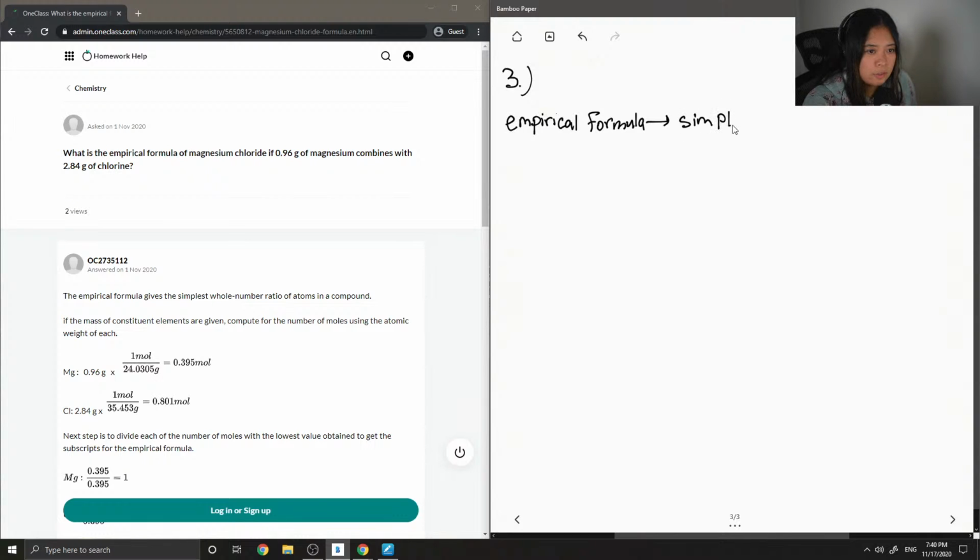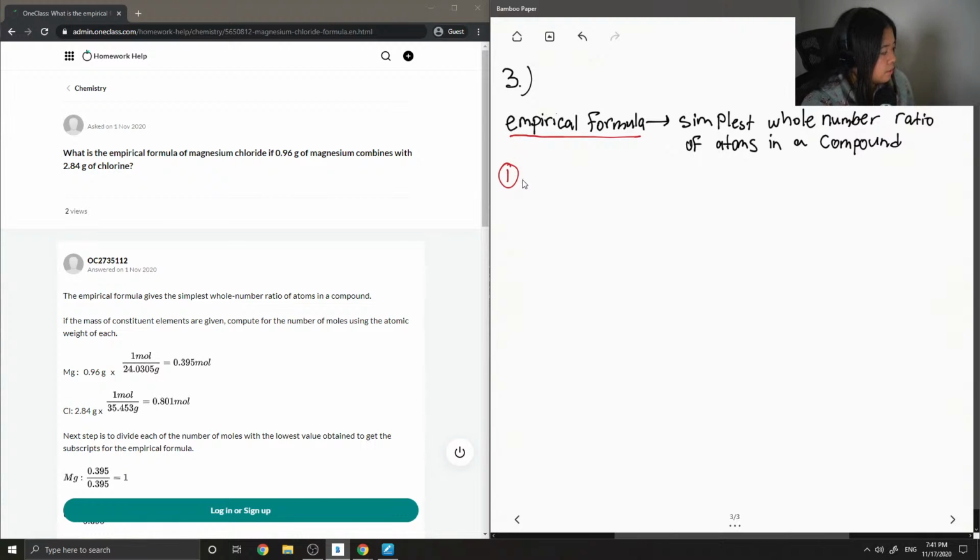So this is the formula that contains the simplest whole number ratio of atoms in a compound. Okay, so this is a multi-step question. So the first step is to find